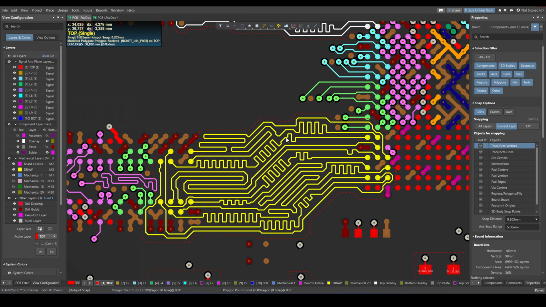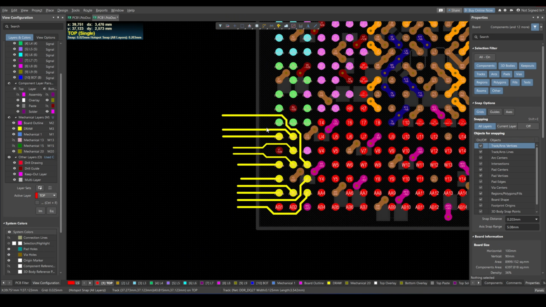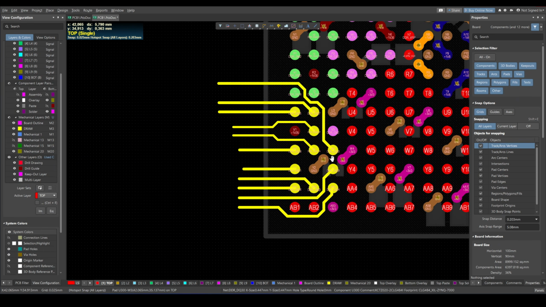You'll notice that the traces can almost be routed in straight, parallel paths from the processor to the memory. That's exactly what we were aiming for during the floor planning stage. By placing the memory so that the corresponding byte lanes naturally line up, the routing becomes much more straightforward and requires very little compromise. The first thing I always do is simply find a clean way to escape all of